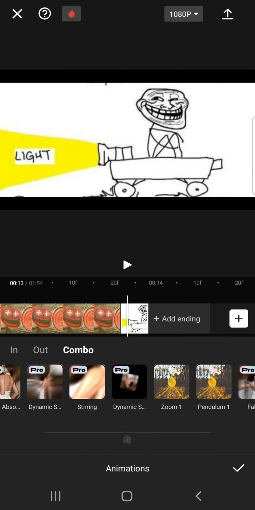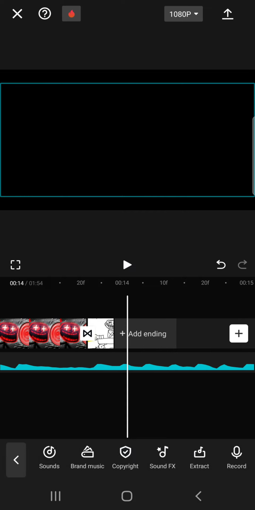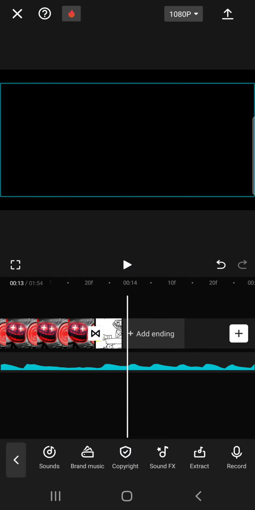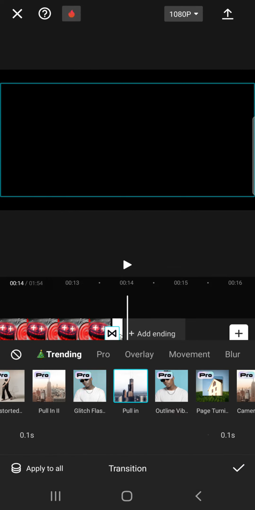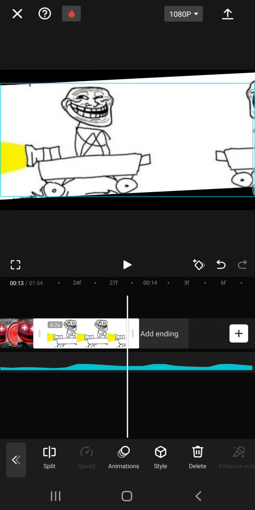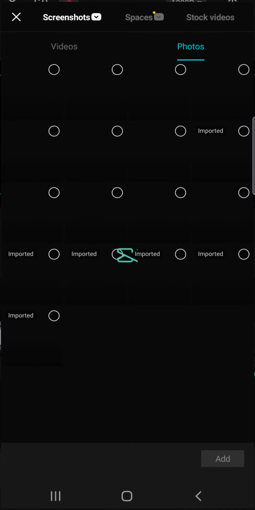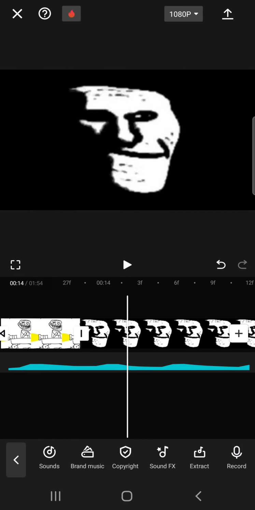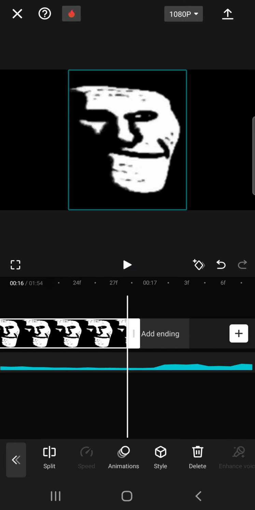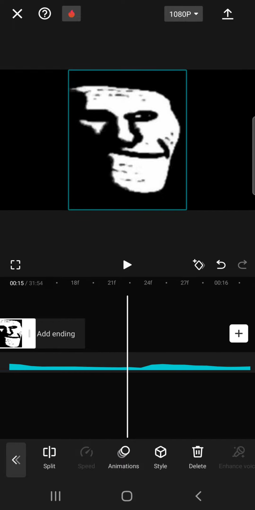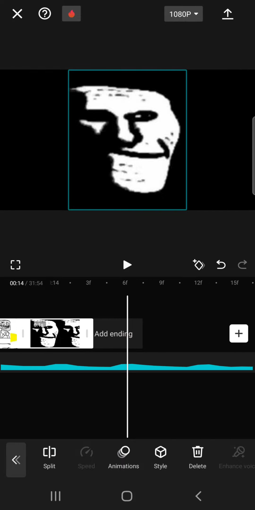I'd recommend the pendulum if you're going to try and do the same thing I'm doing. And then check how long this is. 0.2 seconds. So you keep making it 0.2 seconds. It doesn't really matter which image you made, because if you don't have it, you can just